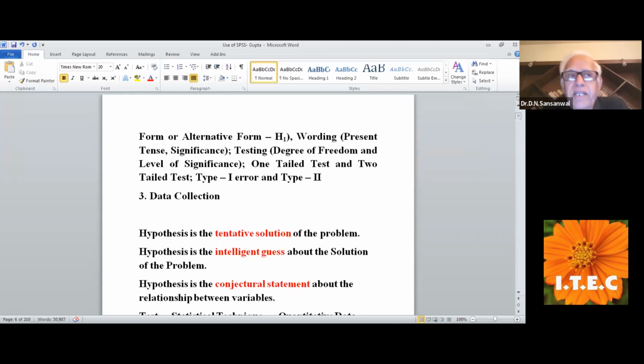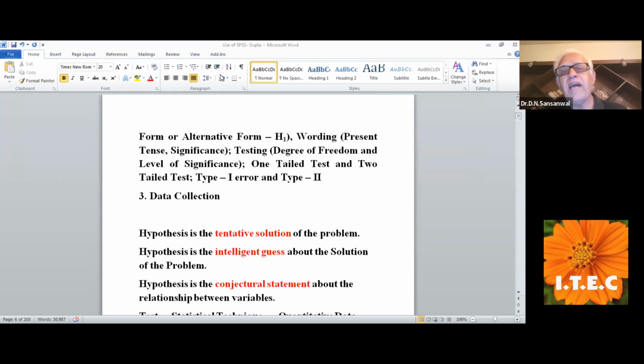Now, in the historical research, you should use the primary source, or you may collect the information from the secondary source. So primary and secondary sources are used: for philosophical, primary only, and for historical, primary as well as secondary. But if you are conducting a survey research,